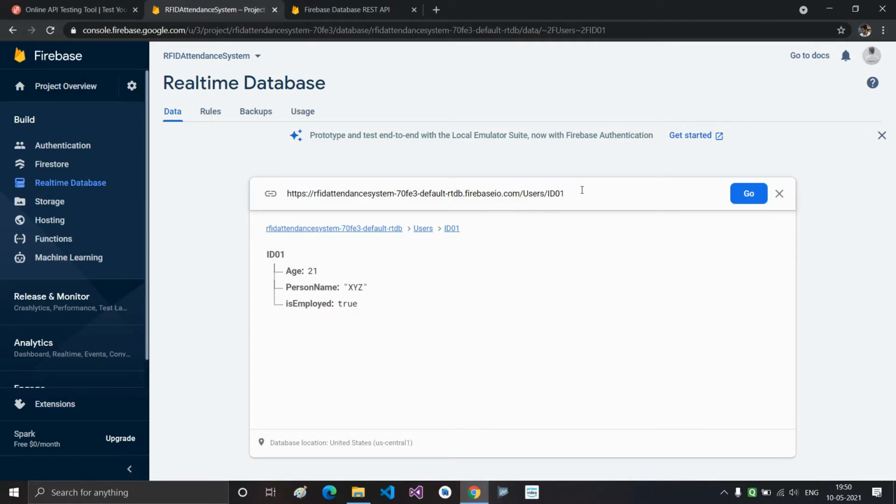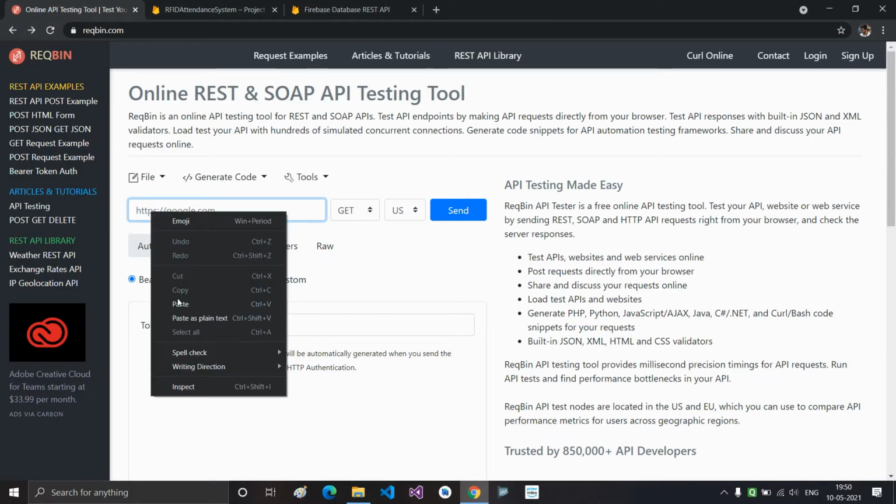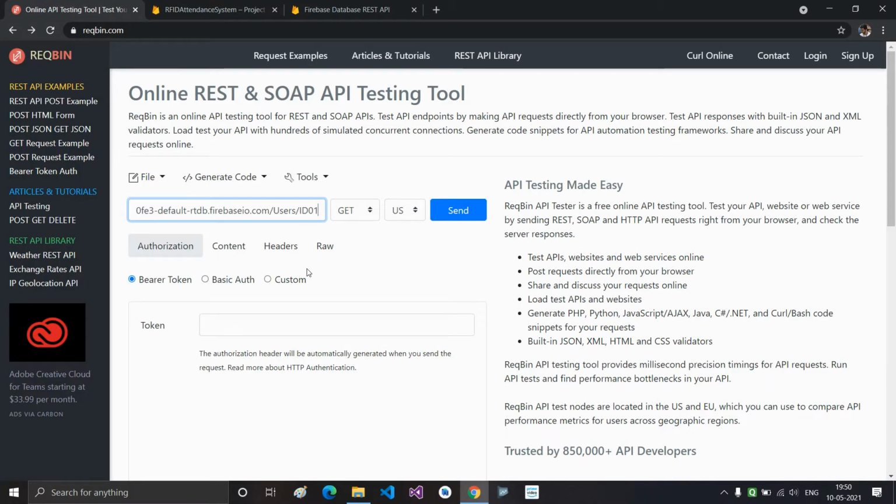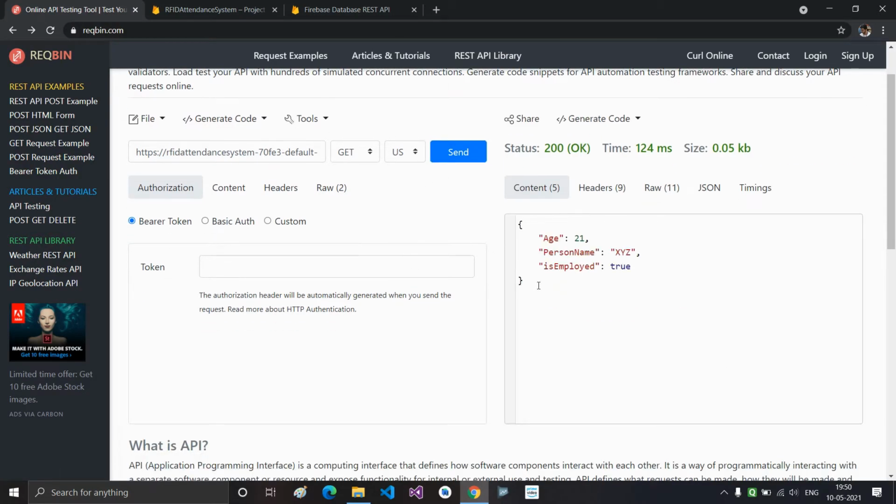Because I want data from ID01, I will copy the URL. We paste the URL here, attach .json as the extension of the URL, and then we send a GET request. After sending a GET request, you can see the response, that is the JSON object of ID01, gets downloaded.